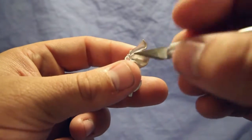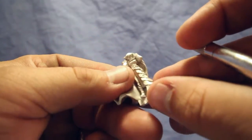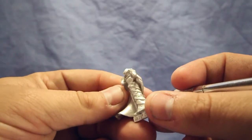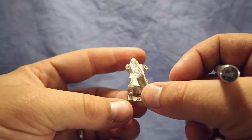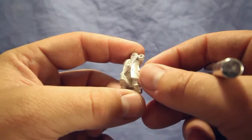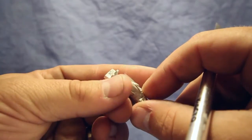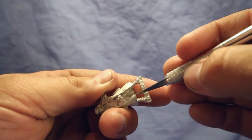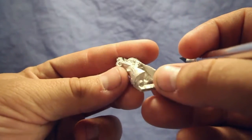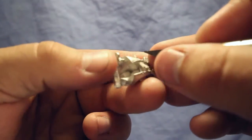Now, some people use files for this process. I find that the X-Acto knife works fine for me if you're careful, and you can really just drag it across the surface backwards if you can access it, and it gives you a nice, smooth, shiny finish. Now here I'm doing the same thing with Holt, and Privateer generally does a good job with mold lines. There are some older Games Workshop products that are nightmares to work with, but these products, for the most part, are pretty easy to clean up, and it's good that you have to look this hard sometimes to find the